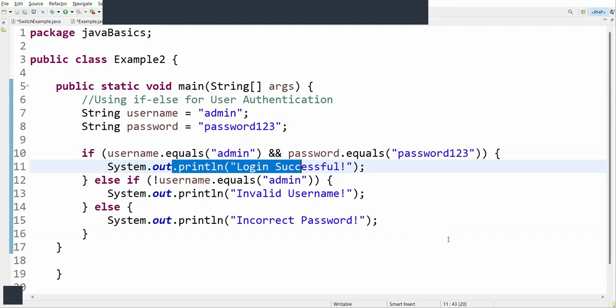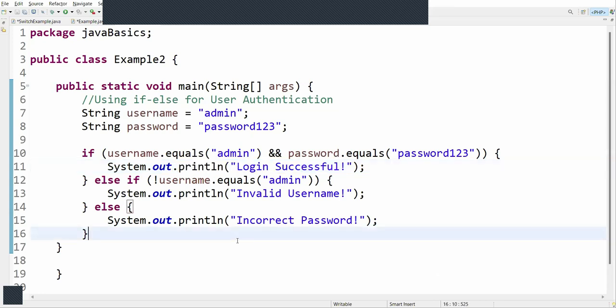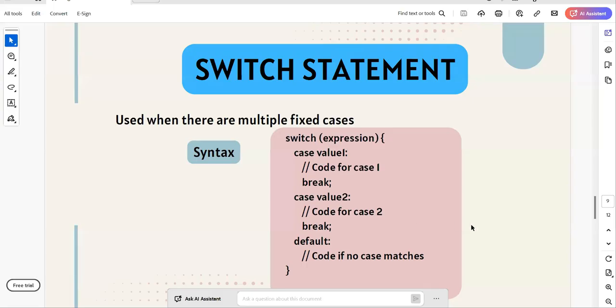Okay. So the final point is, use switch when dealing with fixed discrete values like menu options, days of the week or status codes. Use if else when dealing with range based, logical or complex conditions like age validation, user authentication or business logic. So I hope this is clear. Then let us move on to the